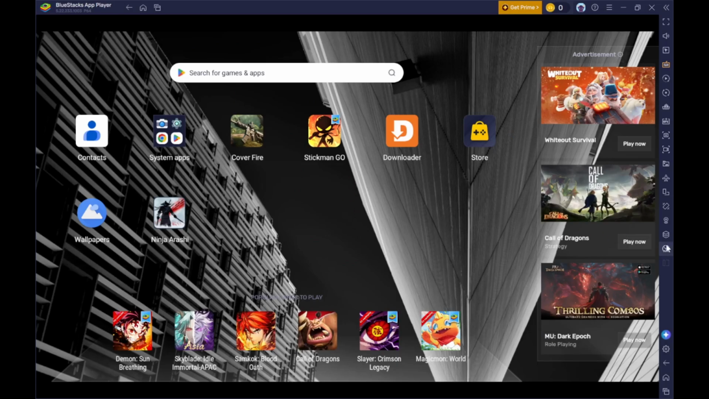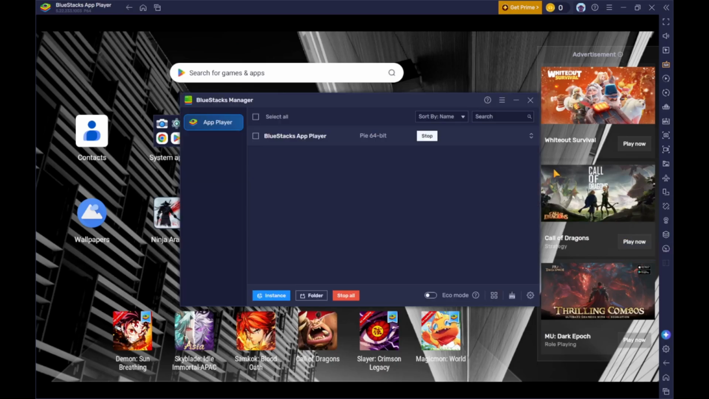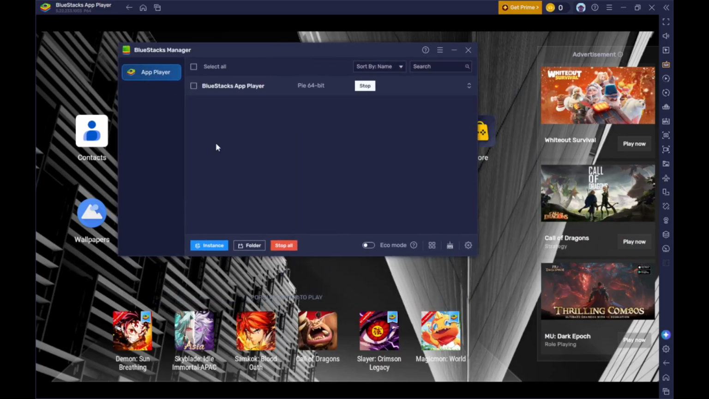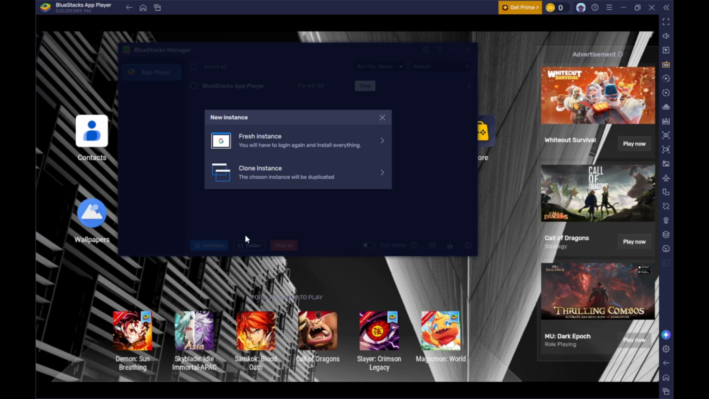Click on the Multi-Instance Manager icon, which usually appears on the right side of the toolbar. Here, you can create a new instance. Choose the configuration that suits your needs. If you plan to use advanced tools, it is advisable to select a rooted instance. This setup is crucial because many functionalities of Game Guardian depend on having root access to modify the game memory